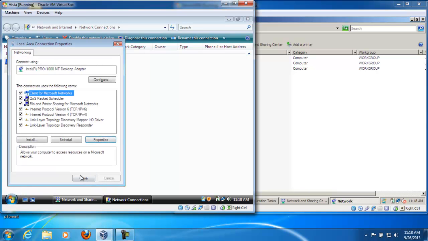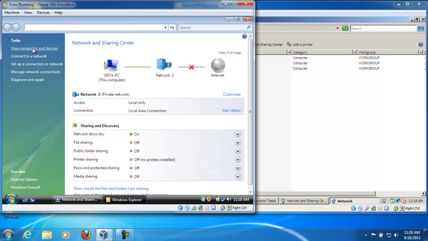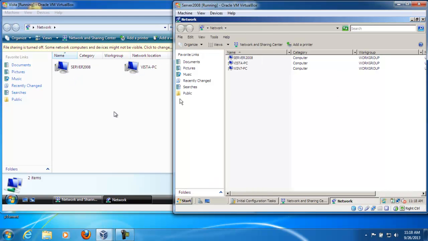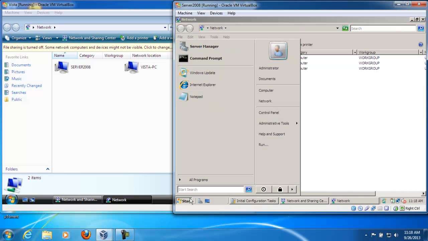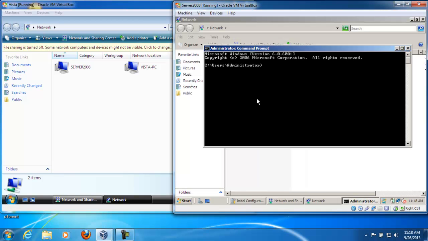And click OK, and close this. And close this. View computers and devices. I'm seeing my server and Vista PC. Now, I'll go to my server 2008, go to my command prompt, and I'm going to ping the Vista. So I would ping 192.168.0.2,